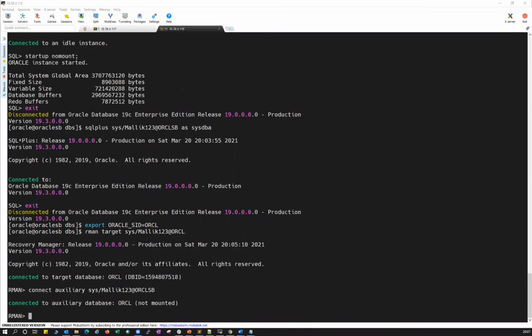And the other question is the purpose of having a different DB name and DB unique name, and what the service name is. Service name is a different concept. It is not necessary that your service name equals your database name or database unique name. You can have the service name altogether different. It is not mandatory to have the service name same as your DB name or DB unique name.